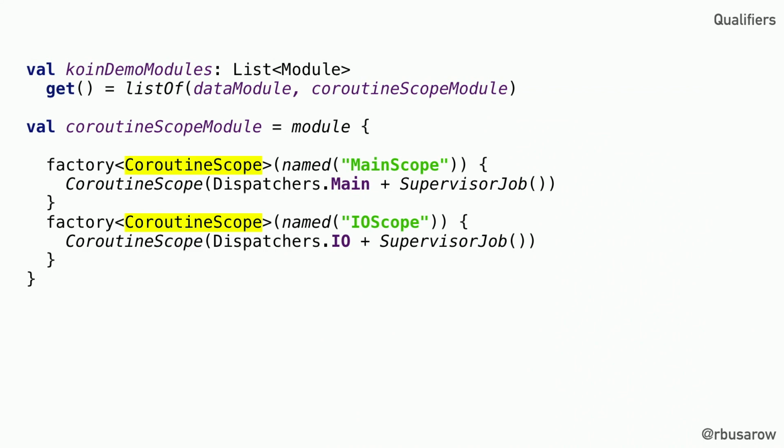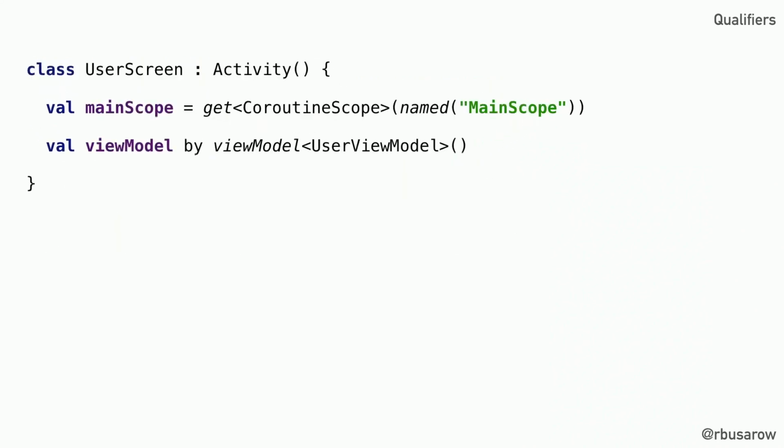So Koin isn't going to know what to do about this. It wouldn't build. We need to provide some way for Koin to differentiate between them, and this is a property that you can pass into this factory function. It's the first property. It's called a qualifier. And there's a couple of different types of qualifiers, but the one which everybody uses for everything because it's convenient is string qualifier, where you just pass in a name. And now,